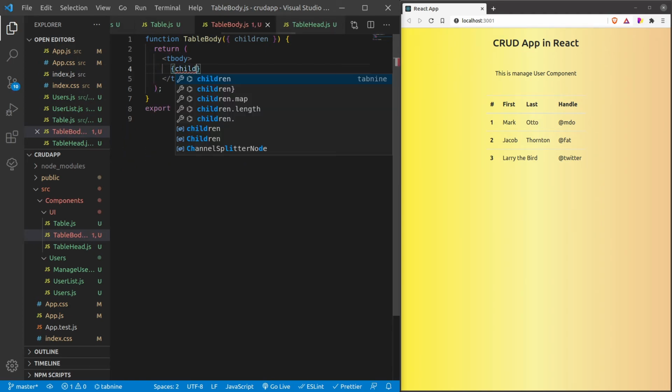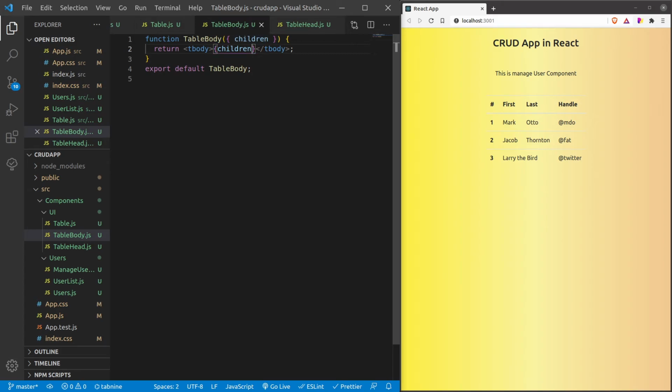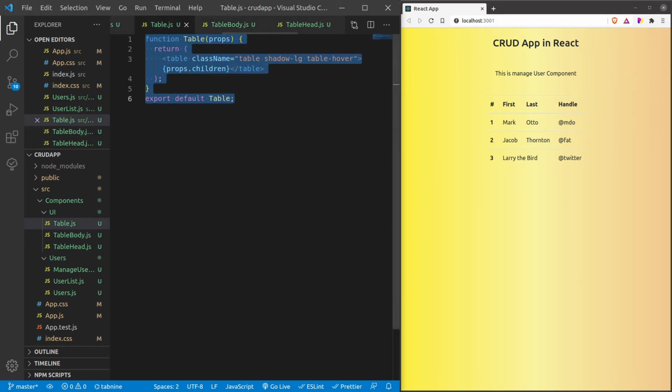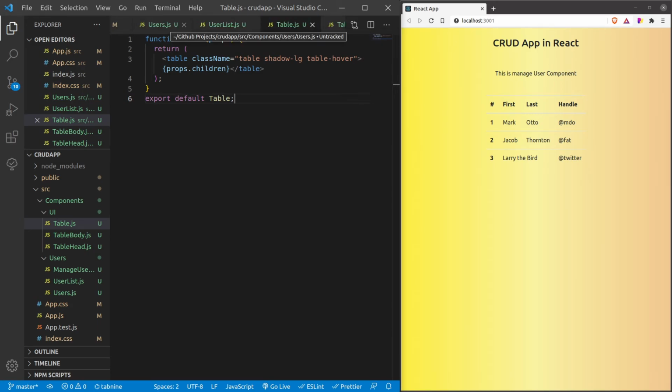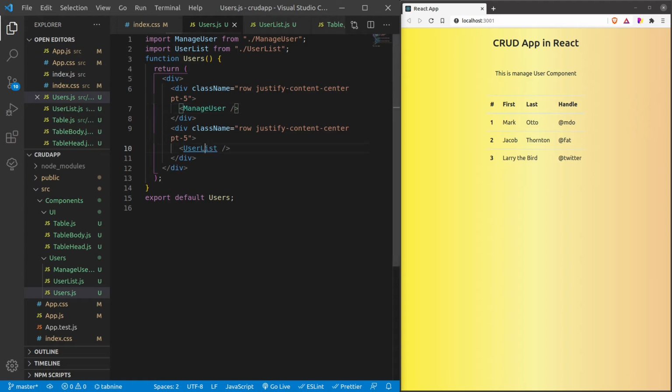So I will directly be using children. For now, just assume that this is how we are going to work, and I will be sharing more details with you once we create the business logic for this application. So guys, I have just created a table component. It is not mandatory to divide your table into such components, but usually it is a right practice to follow.